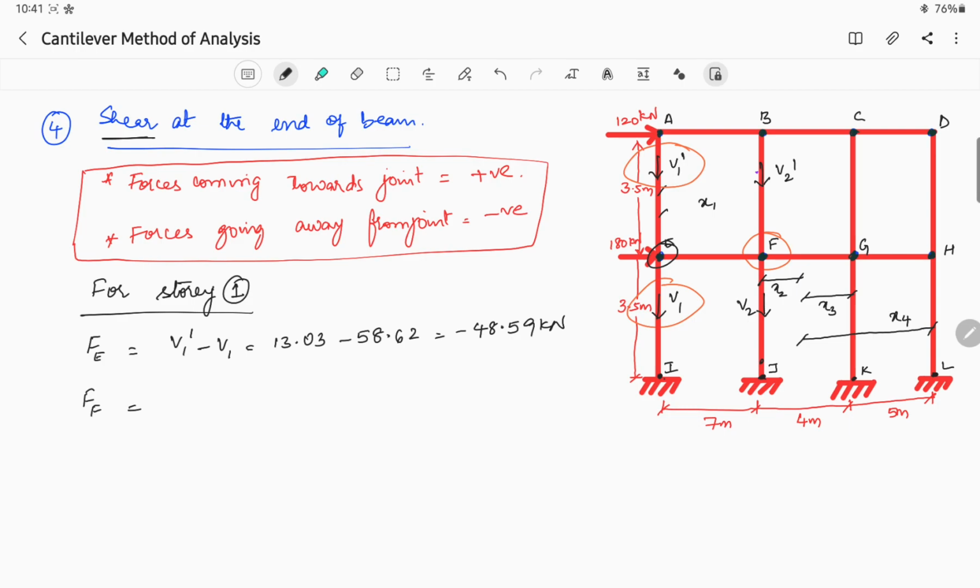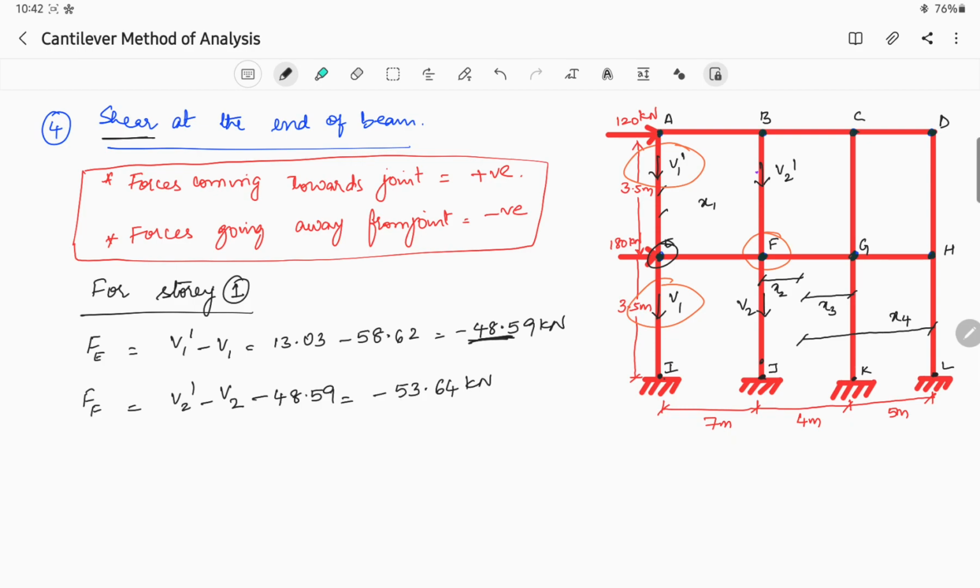V2 dash is moving towards F, whereas V2 is moving away from F, right? So V2 dash minus V2, then the previous value. In shear force we used to take down previous values, right? So what is the previous value? Previous value is minus 48.59. If you substitute the values, you will get minus 53.64